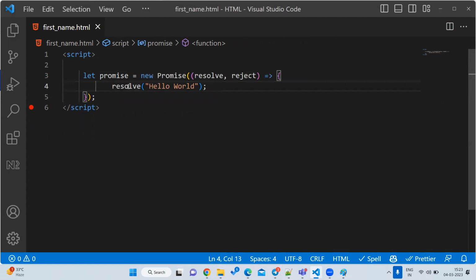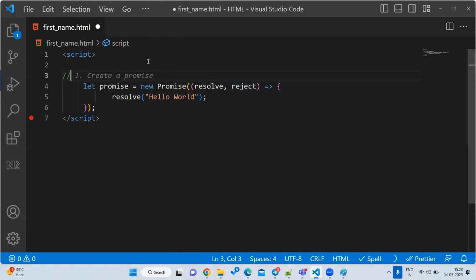So what this means is that resolve means success and reject means fail. Suppose you are calling an API, you are able to get the data and you want to update that data to your system, then you call resolve. Suppose the API call failed, then you have to call reject. Reject means fail, resolve means success. Mainly it will have three states.